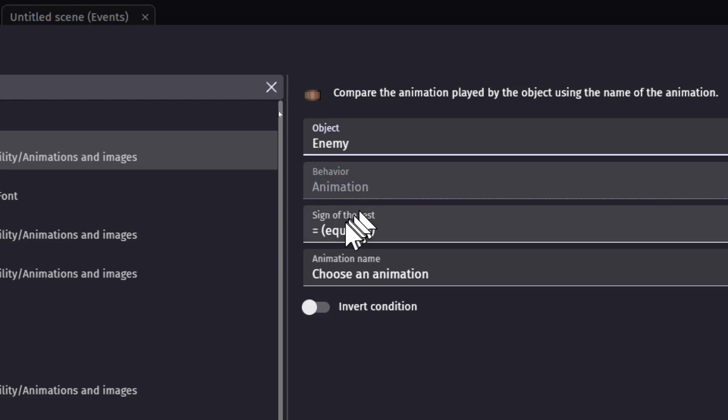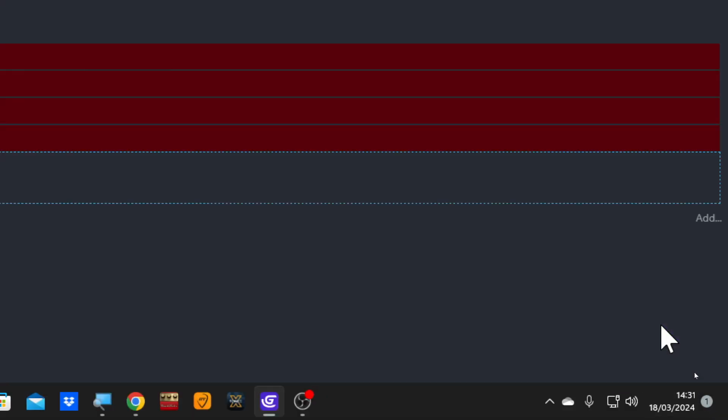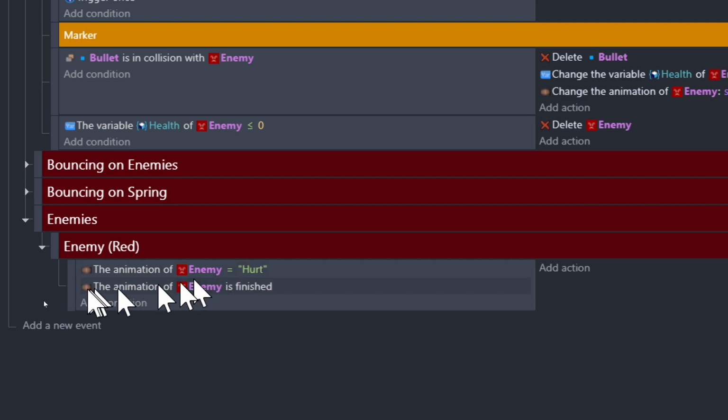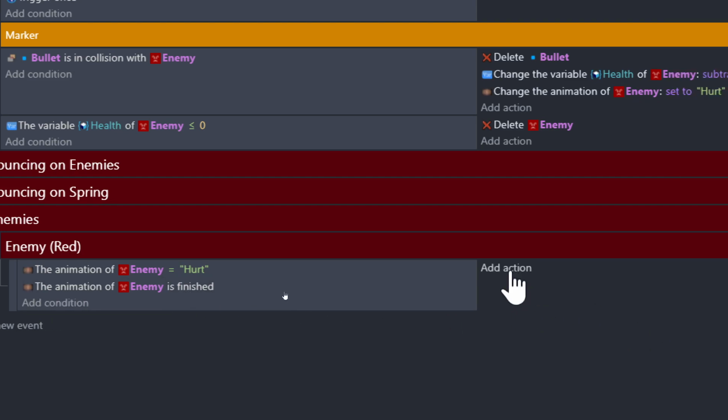Enemy is equal to hurt. And OK. So now we're saying if the animation, we're going to put this first, like that. If the animation of enemy equals hurt, if he's being hurt, and then the animation is finished, then we're going